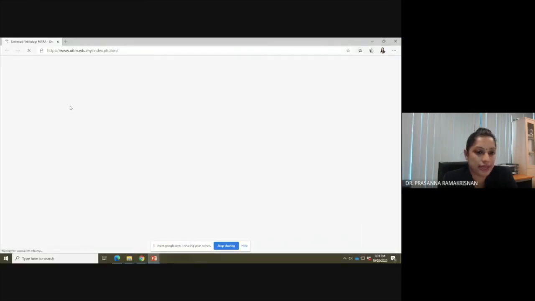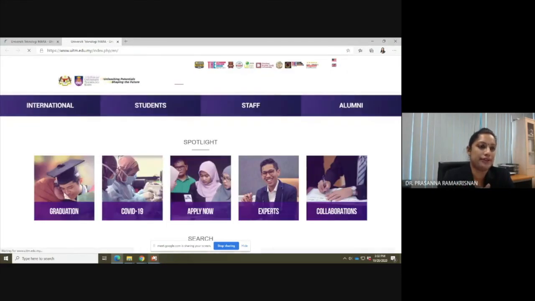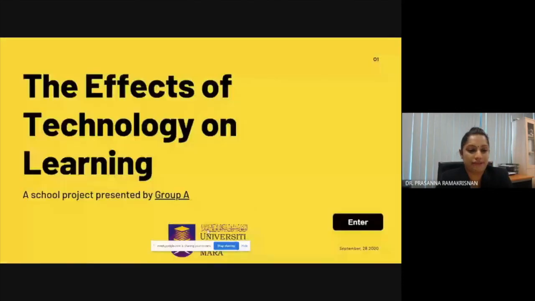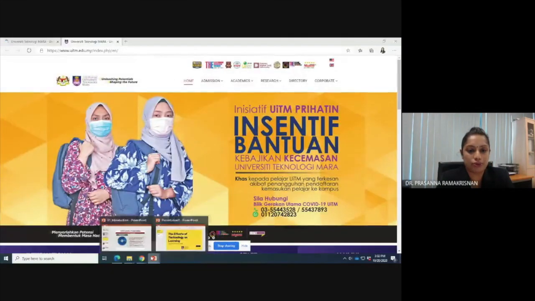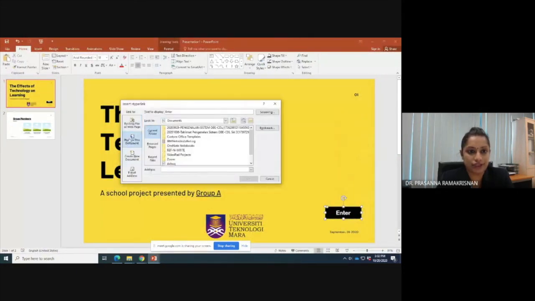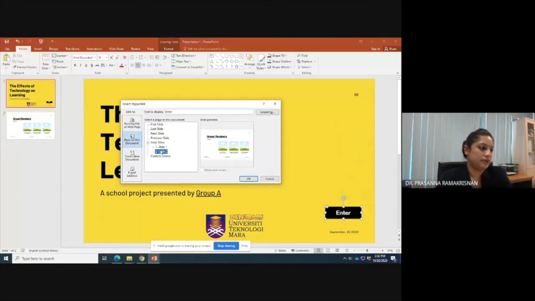So you can link in many ways. You can link to a document. You can link to, let's say you have files in your Google Drive, you can also link to your Google Drive, or you have it within the slide. If you have it within the slide, you can also do it within the slide. So all you have to do is right click, hyperlink, and change to the slide. So this is quite easy actually. So this is how you work with graphics.